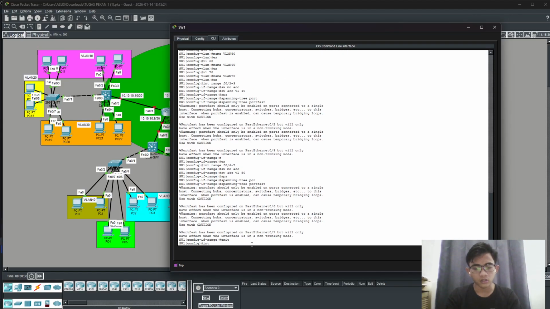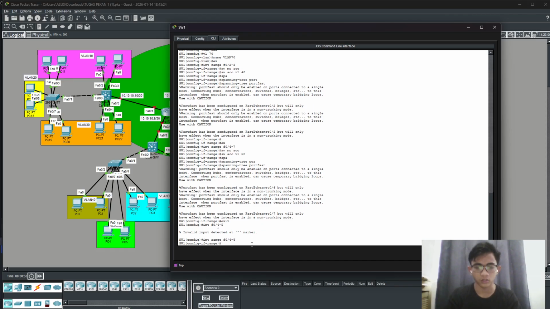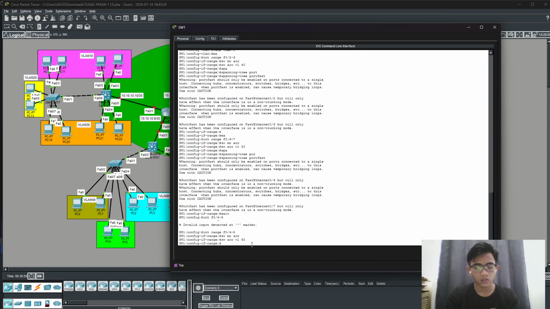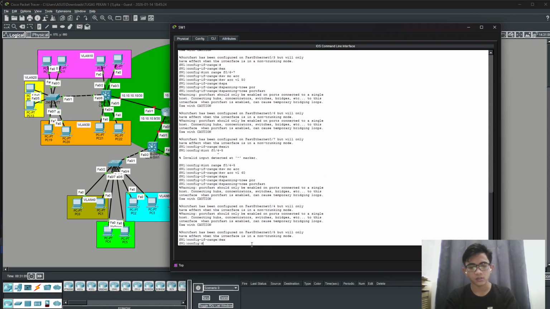And interface range F0/4 until 5. Don't forget range if you will configure more than one interface. So switchport mode access, switchport access VLAN 60 and spanning-tree portfast. Exit.